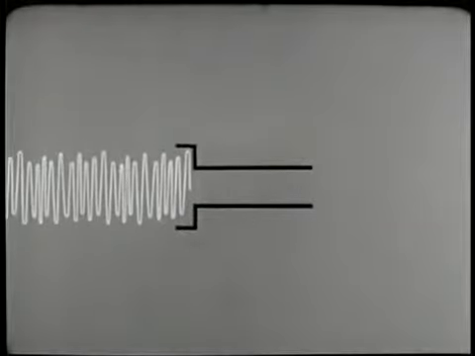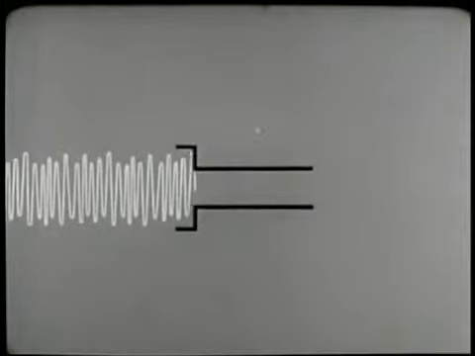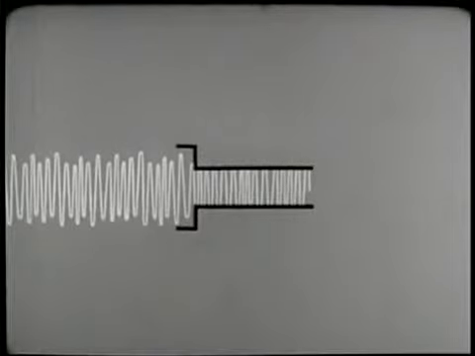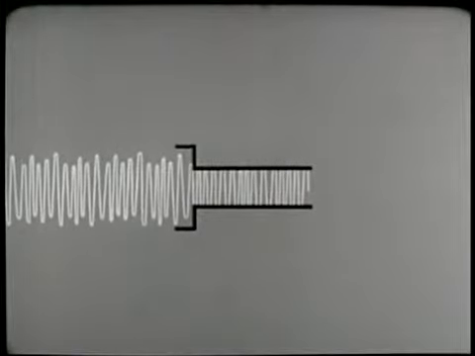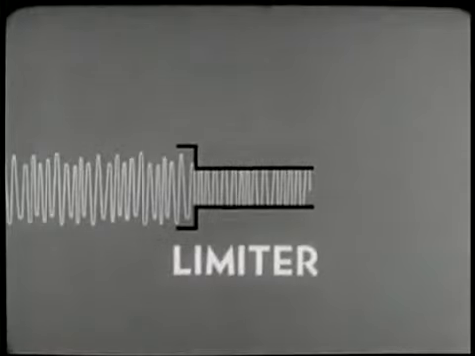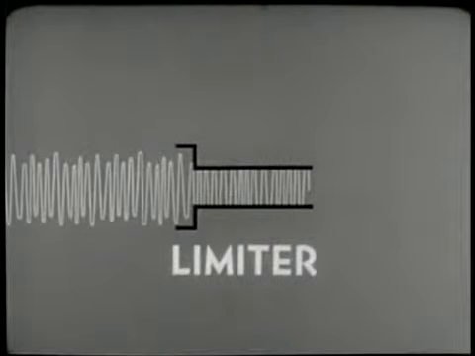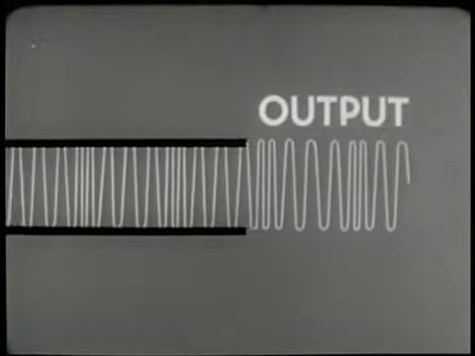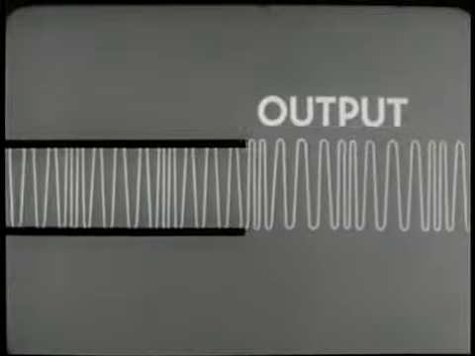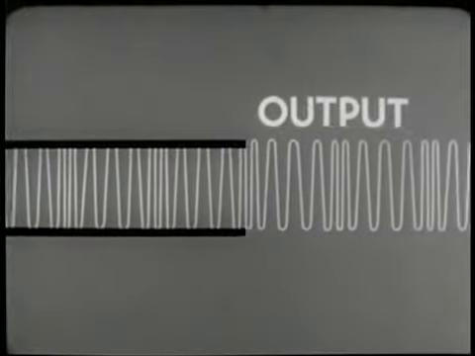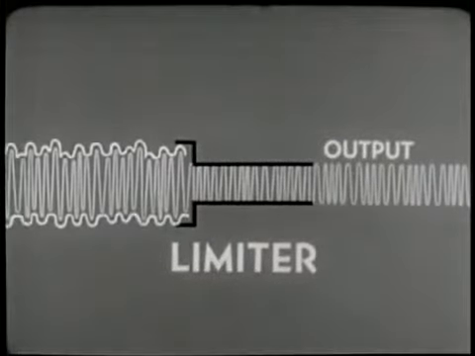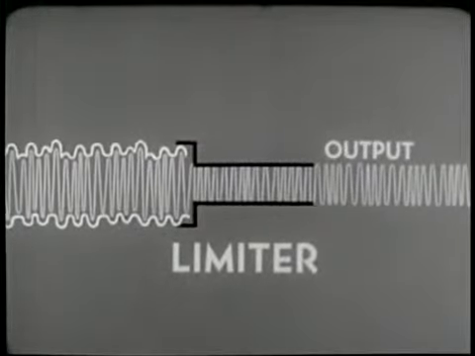This is accomplished by a circuit that clips the peaks by limiting the amount of current flow induced by the positive and negative alternations of the carrier. This stage is called a limiter. Its output is a wave that still carries the intelligence in the form of frequency variations. But it no longer includes the extremes of amplitude that carried any interference picked up during transmission.